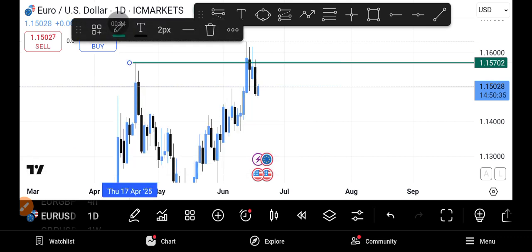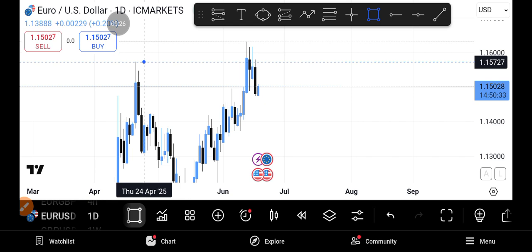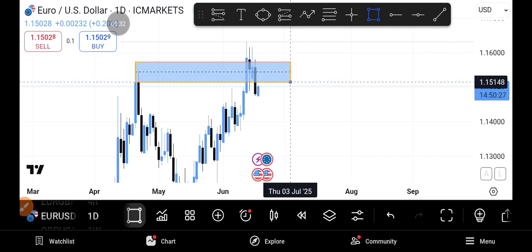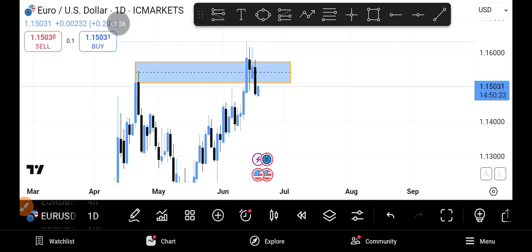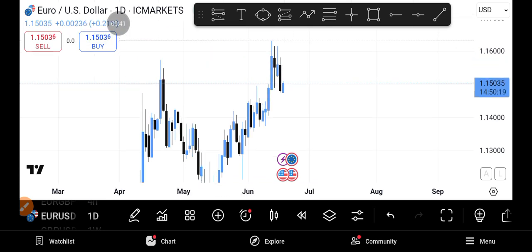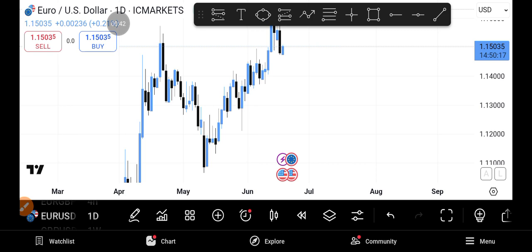And also, price came to, and broke above, this resistance zone. Price broke that resistance zone to the upside. Definitely, according to what we are seeing,